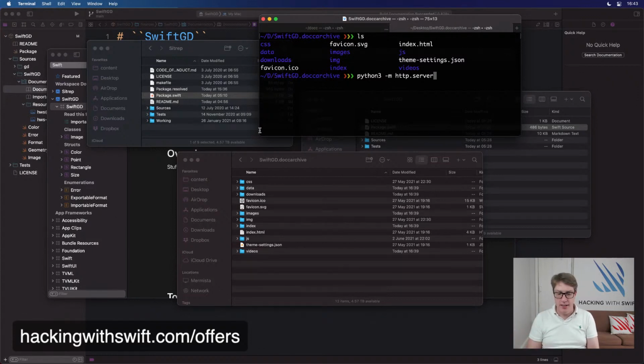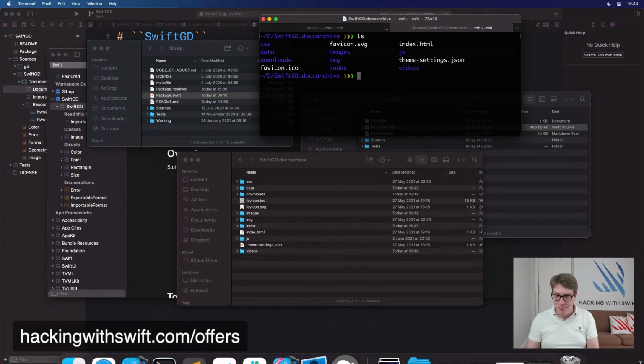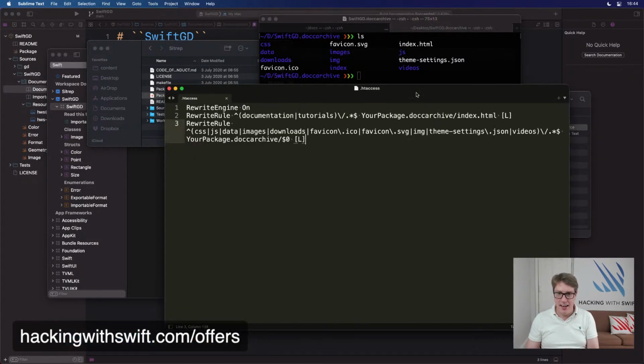It isn't going to work because they need a variety of particular rewrites to make the thing load correctly. And honestly, if Apple hadn't provided these Apache instructions for me, it would take me quite a while to figure them out. Because it's not a lot, but it would never occur to me to enable mod_rewrite to handle rewriting my stuff. And I literally have them in here. These are them, and they're on the